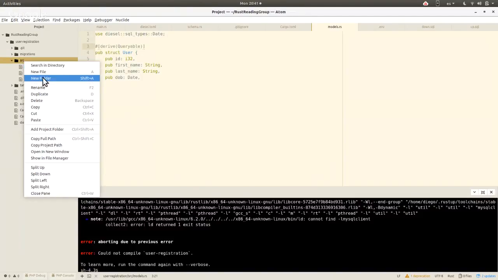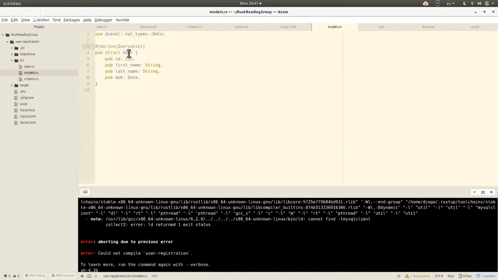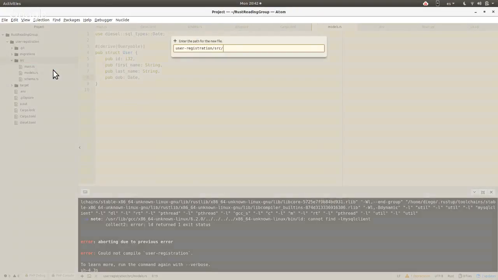And what are we saying that we're doing for dates? Date. So you need to use this date type. Yeah, which I've got. Import it. It just seems to be the date type for Diesel, or I'll just use MySQL, and then just use a date there. So you have an ID, it's a number, first name, last name, and date of birth. And that's just date. Right. So once you guys have done that,